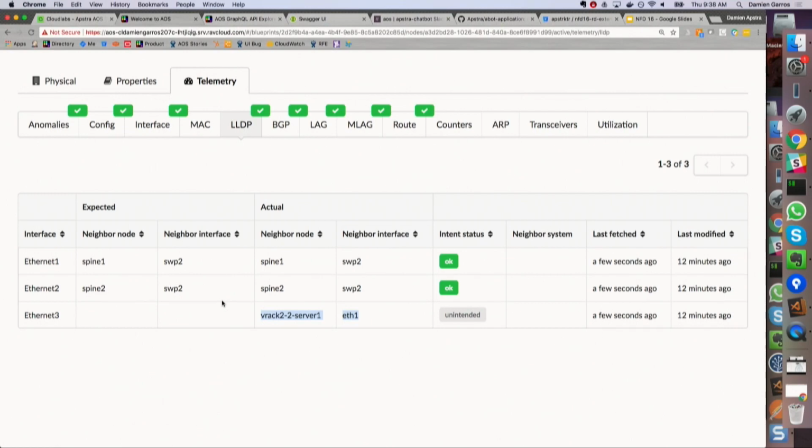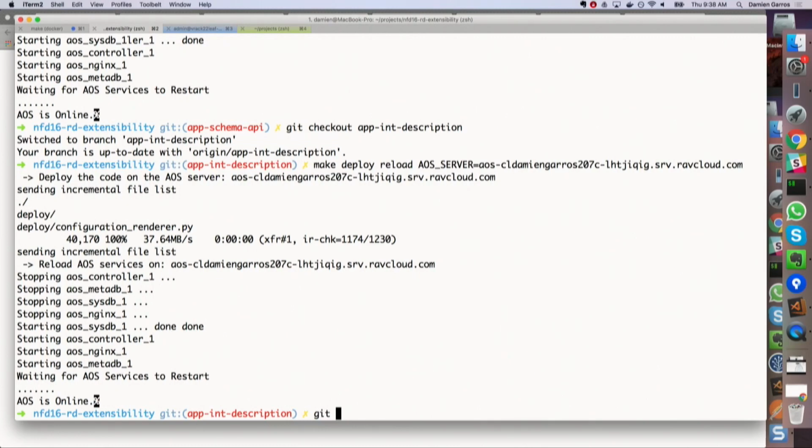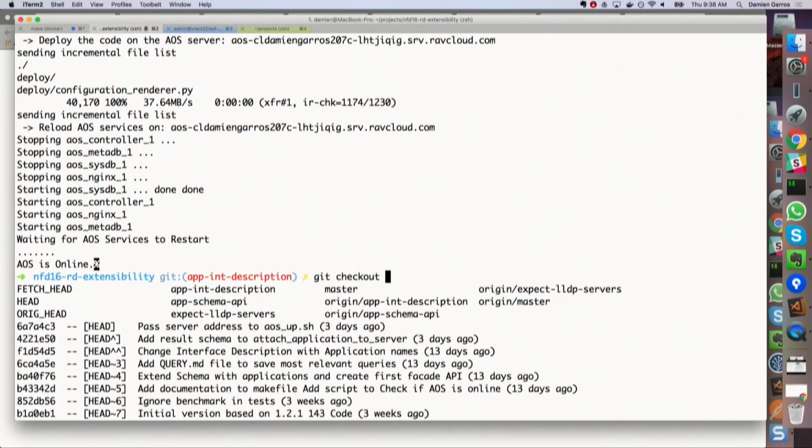Nothing will happen right now because I have no expectation for it. So when I push the code, you will see that those 2 boxes will get filled. That will be my expectations, and everything will turn green now. So let's do that, and then we'll try to